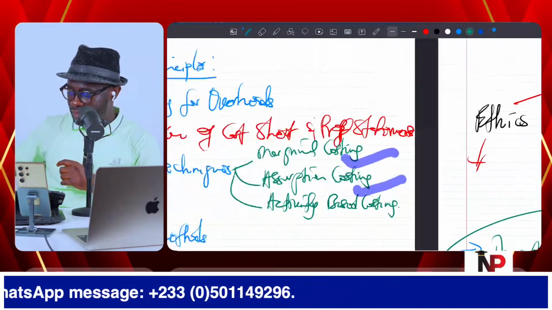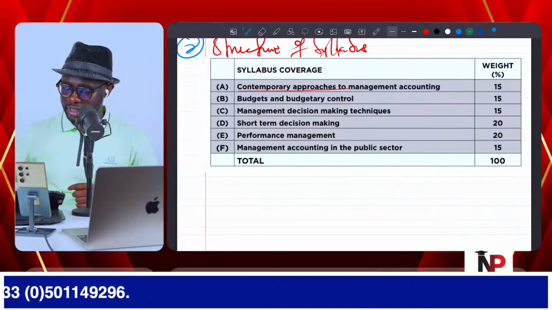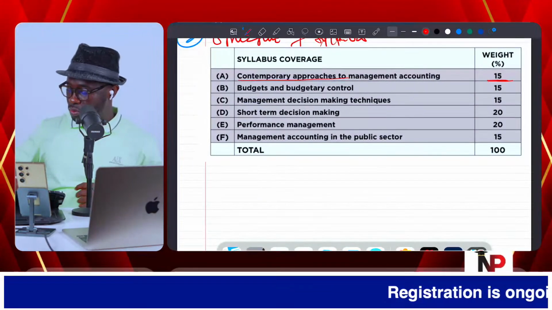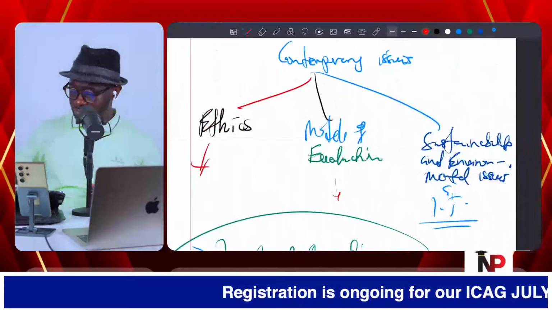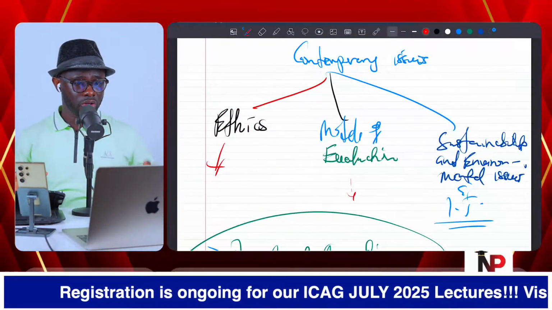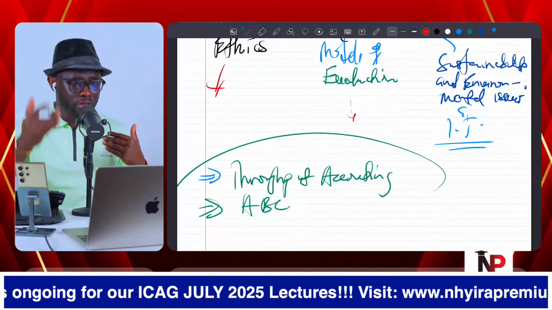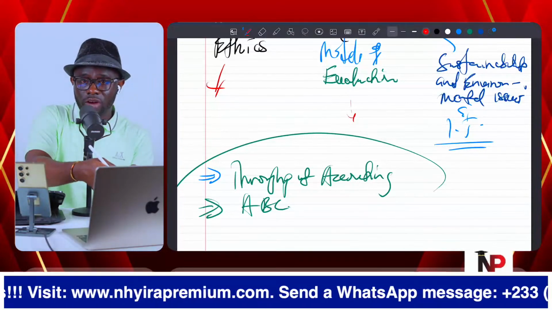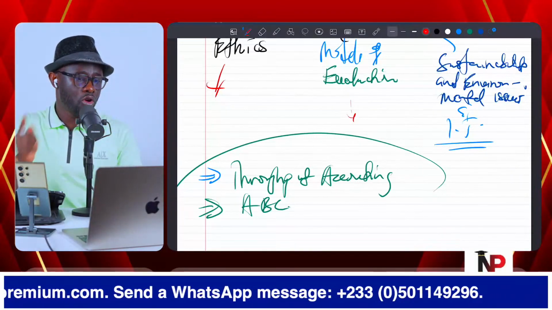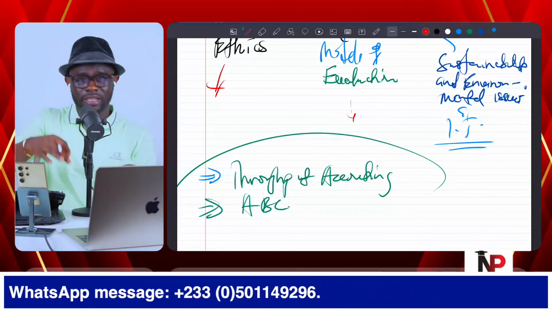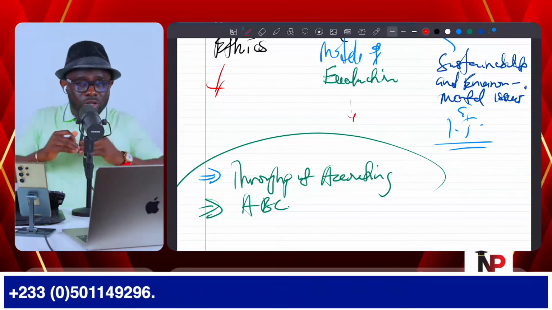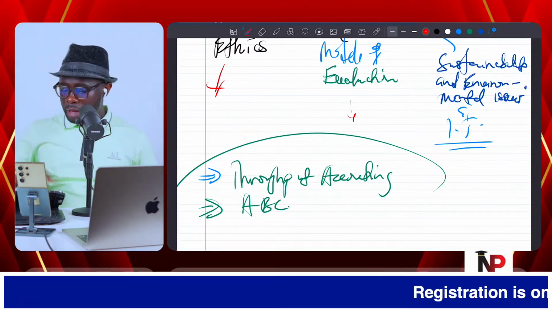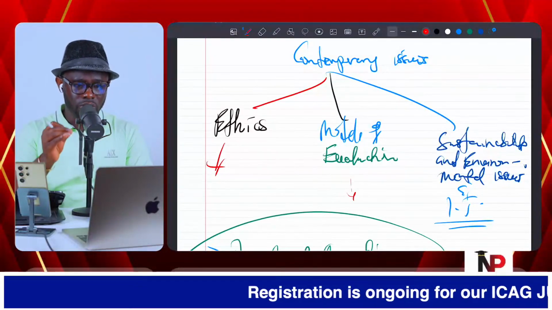And that is the 15 marks area that will be seen in the exam hall under contemporary issues. So either the examiner will do purely theory with you on that contemporary issues, or some calculation and theory. What does that mean? It means you may see either ABC, right? Activity-based costing and some theories. Or you will see throughput accounting and some theories. Or you will see just theories like the examiner did in the March 2025 examination. But that is the first aspect of the syllabus, contemporary issues.